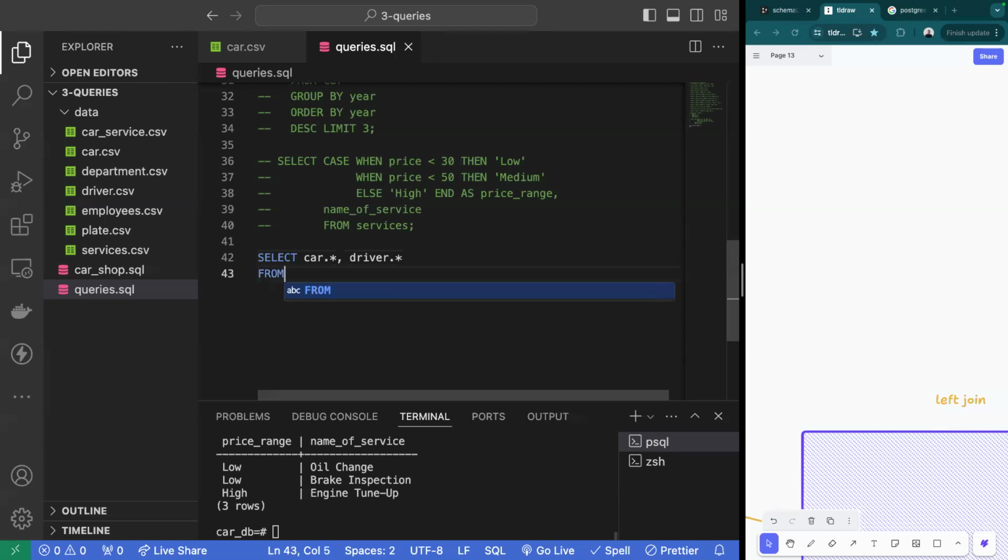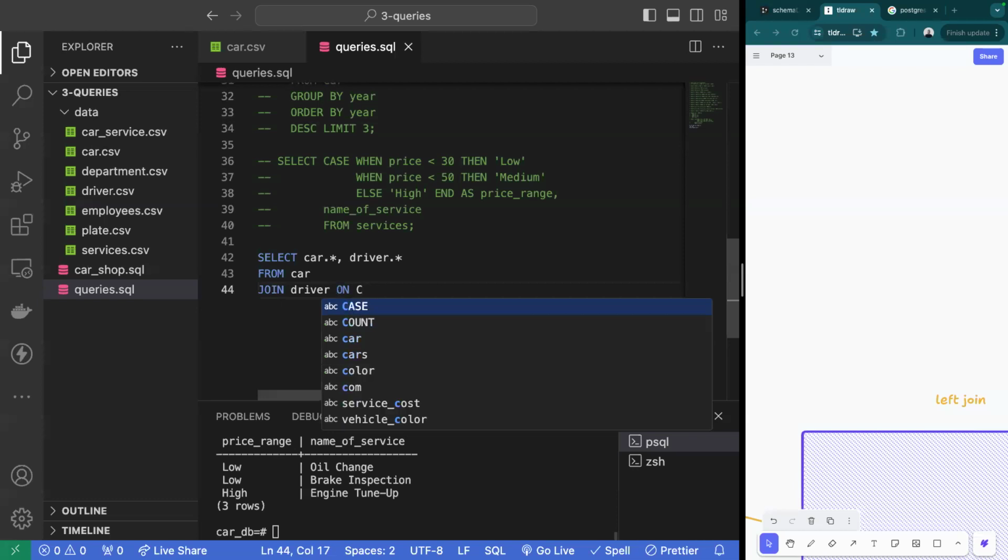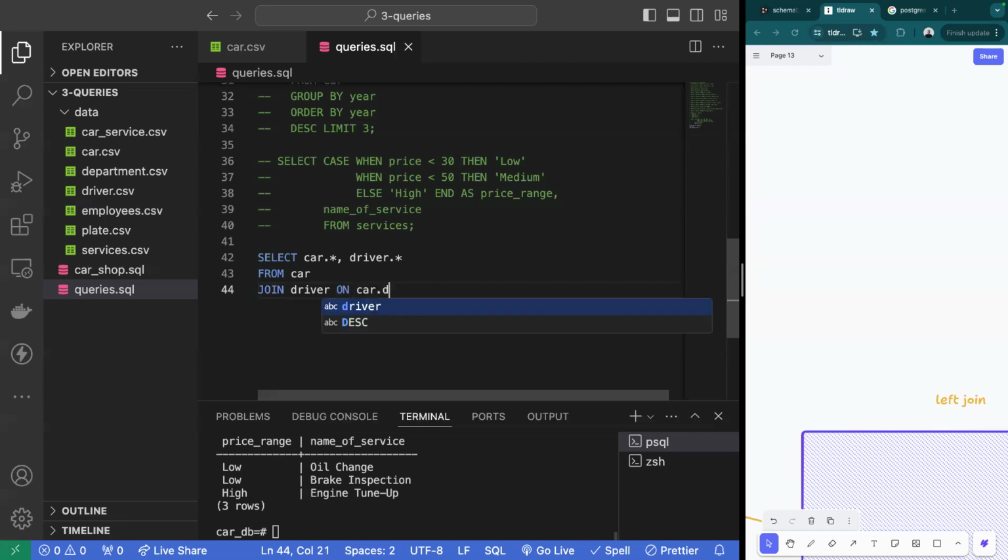Now, here is where I'm specifying my left table, which is car. And I want this table to join the driver table on where the car dot driver,